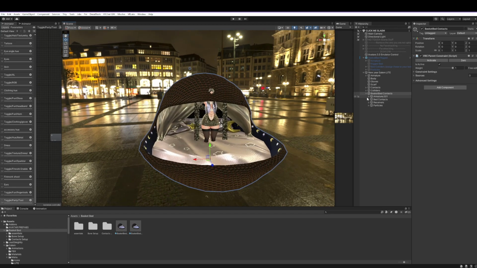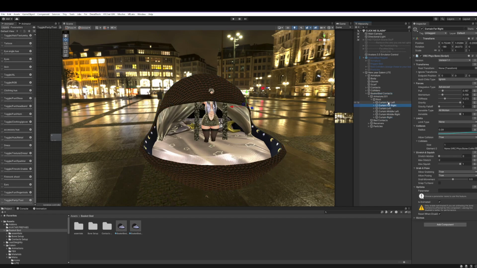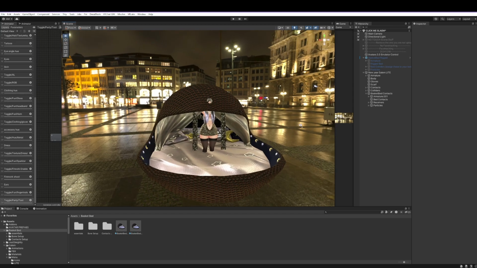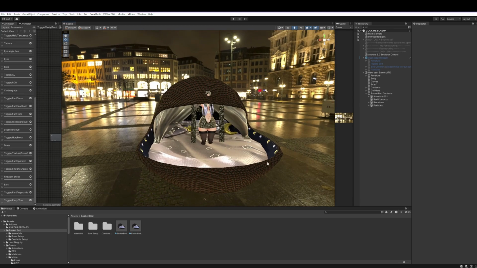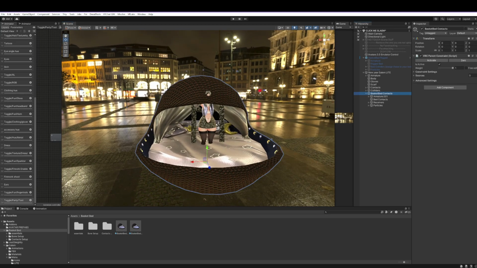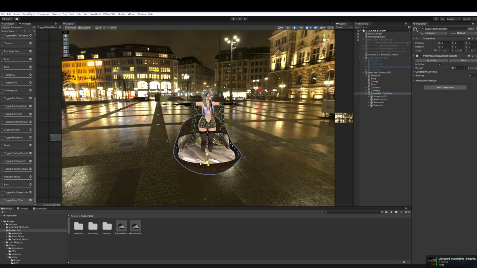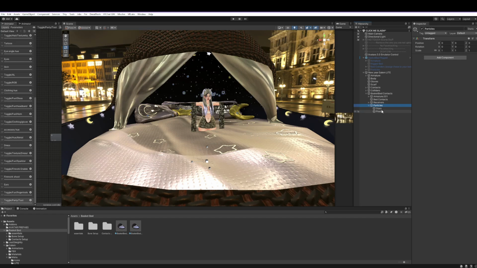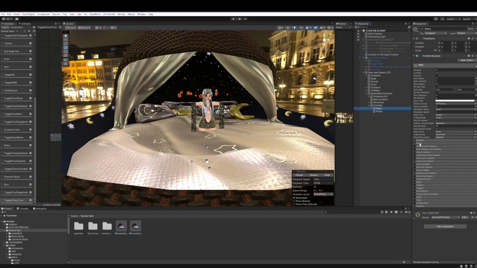So the only thing that is rigged on this is the curtains. So you don't have to think about that at all. And you don't have to attach anything else to the avatar. I will say though, if you scale the bed, the particles will not go with it. So if you scale the bed up or down, you will have to scale the particles as well, which you do in here,